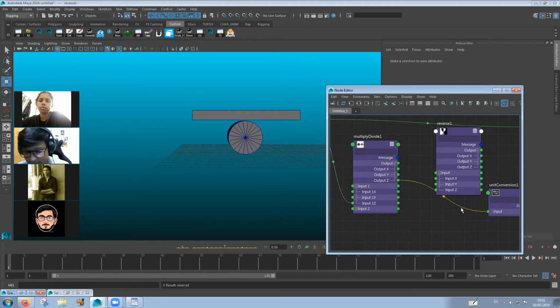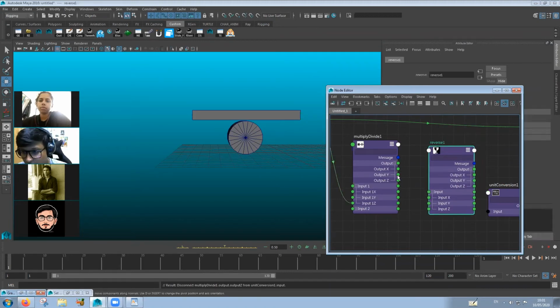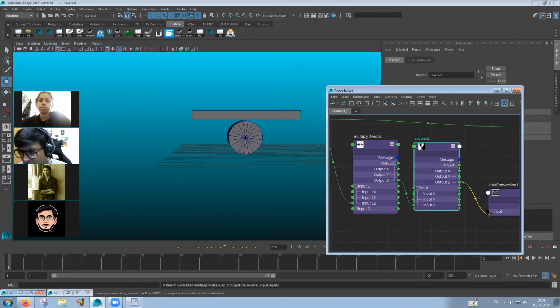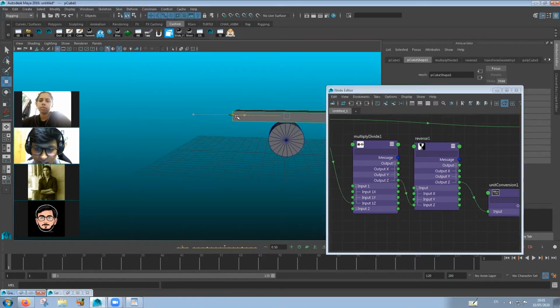So how we can do that is delete this connection, make the output Z, connect into input Z over here, and output Z into the input over here. Now, if you see, now the wheel will start rotating in the opposite direction. So this is what you can do with the input connection networks.